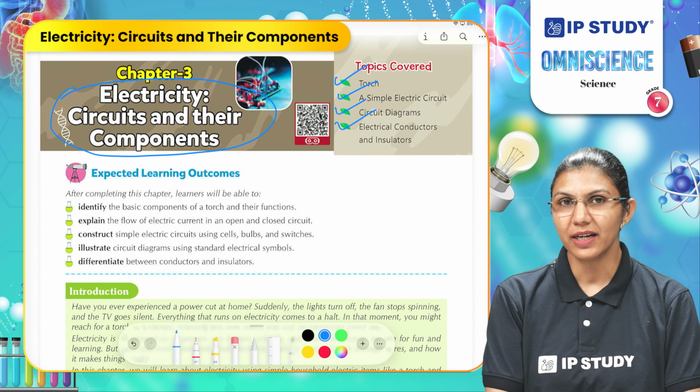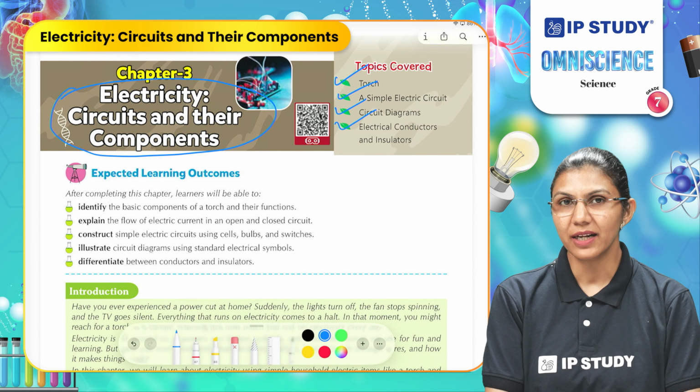When electricity passes through this bulb, the filament heats up due to the heating effect of electricity that you will study further, and it becomes red hot and starts emitting light energy. That's how a bulb produces light energy when connected to a closed circuit. Here you can see this again. One end of the filament is connected to the case and the other one is connected to the metal tip here.